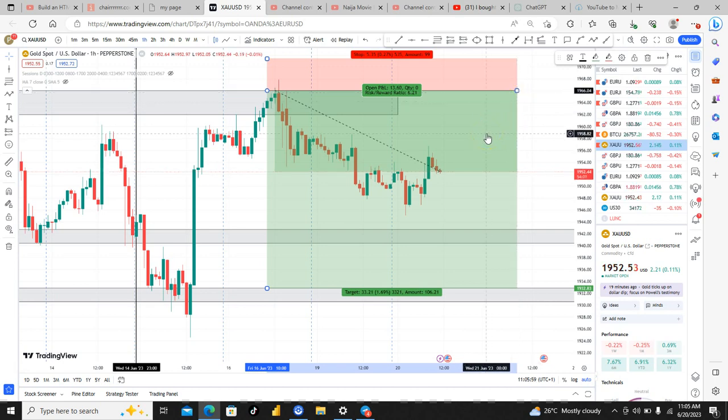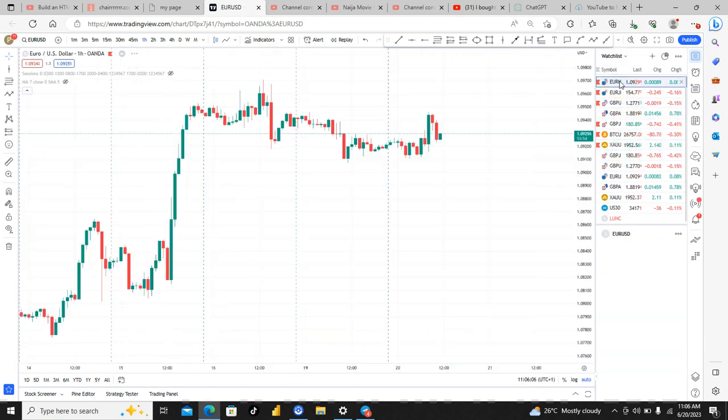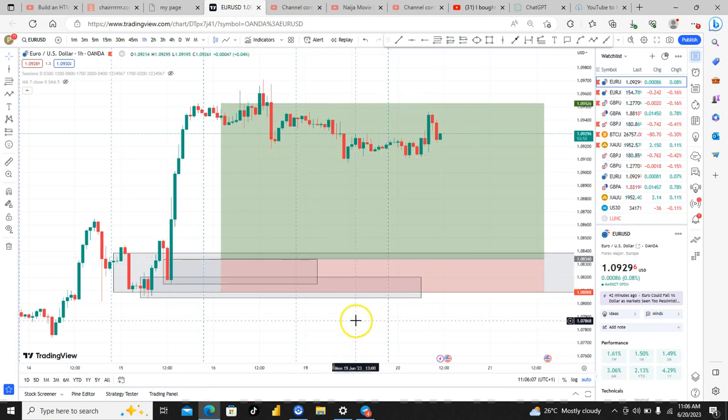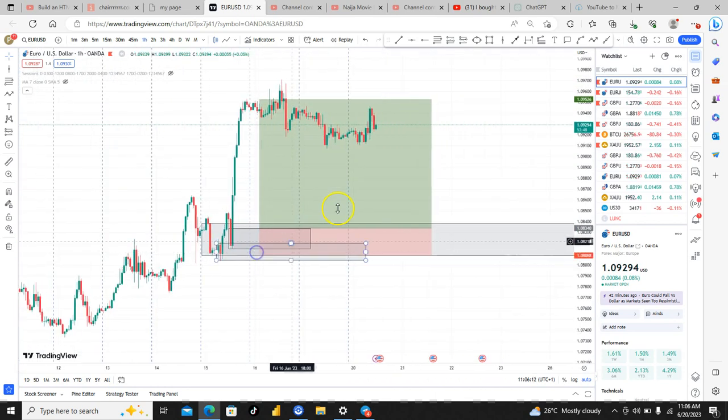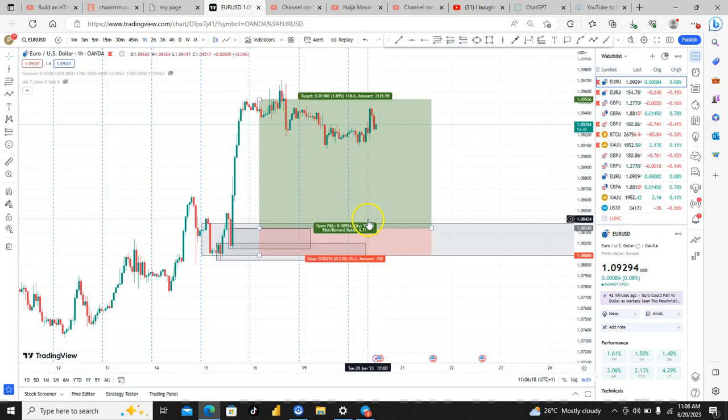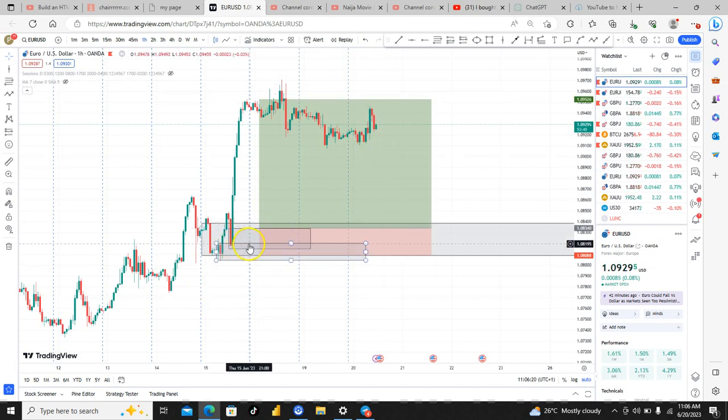So this is it. This is the trade I took. As you can see, there are a lot of trades on my watch list that I'm waiting for. You can see I have my limit orders set on. It can happen that it spikes above and invalidates the trade, and I'll delete my